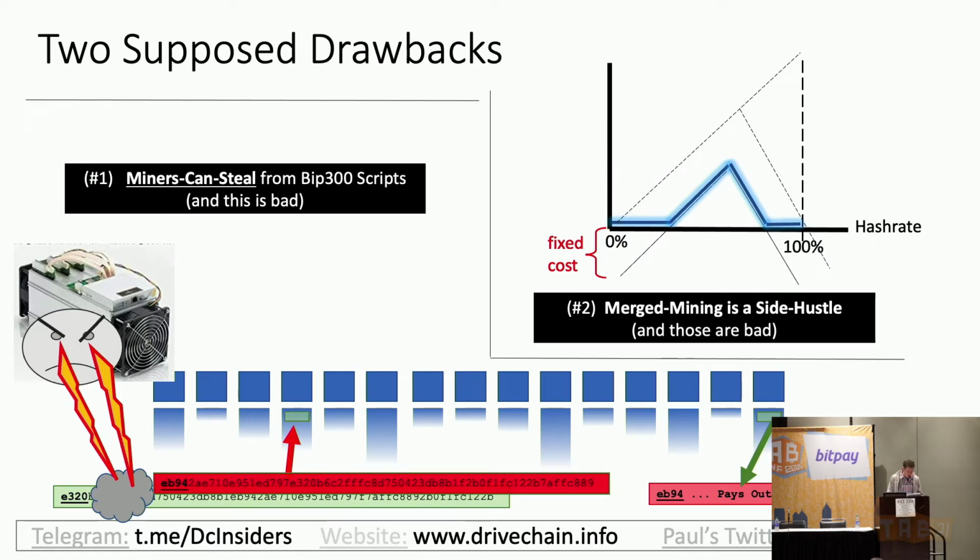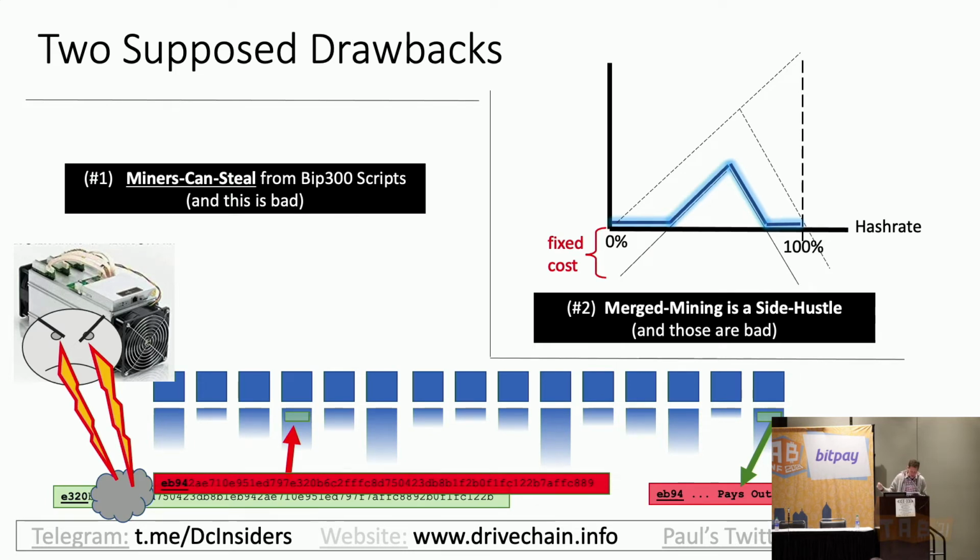So here they are. The first supposed drawback of BIP 300 is that miners can, with a little bit of setup and technical knowledge and effort on their part, and certainly a great deal of patience, remove all of the coins from a BIP 300 sidechain and pay those coins to themselves. So here I have a very technical diagram of a miner replacing that little green hash with their own red hash. You can see that it's evil because it's red. The evil miner is going to steal all the coins after 3 to 6 months. So this is called the miners-can-steal problem.